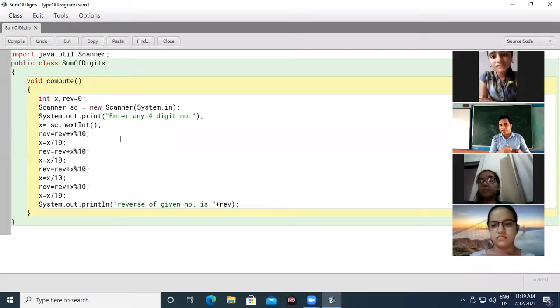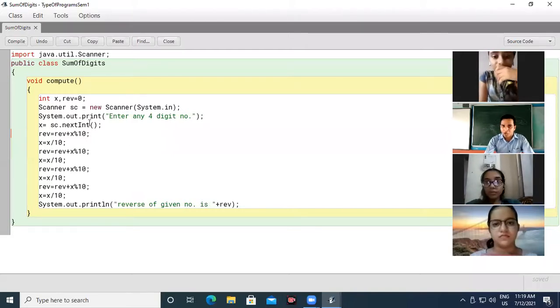Here we have written nextInt, so that string value is converted into integer type. That depends upon your requirement, what you want to convert into. Here we need an integer, so I have converted that into int. If you want to convert that into double, just write double in place of int.